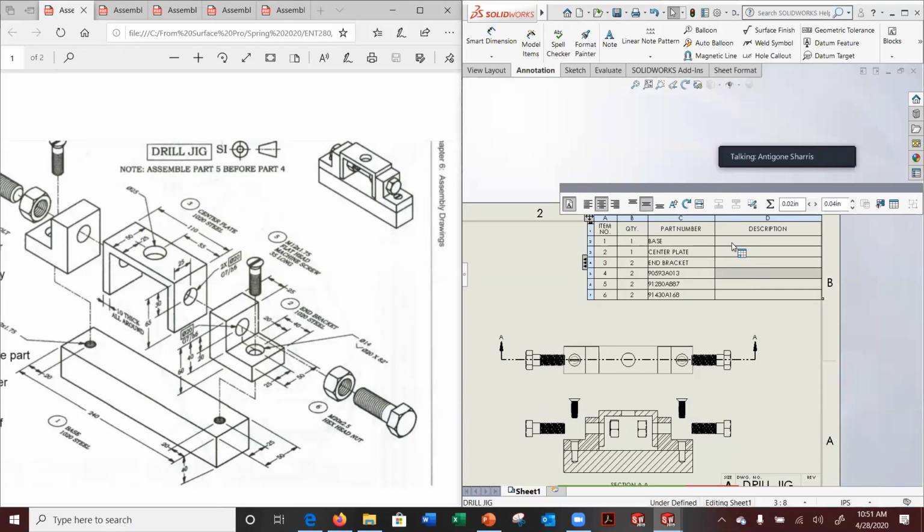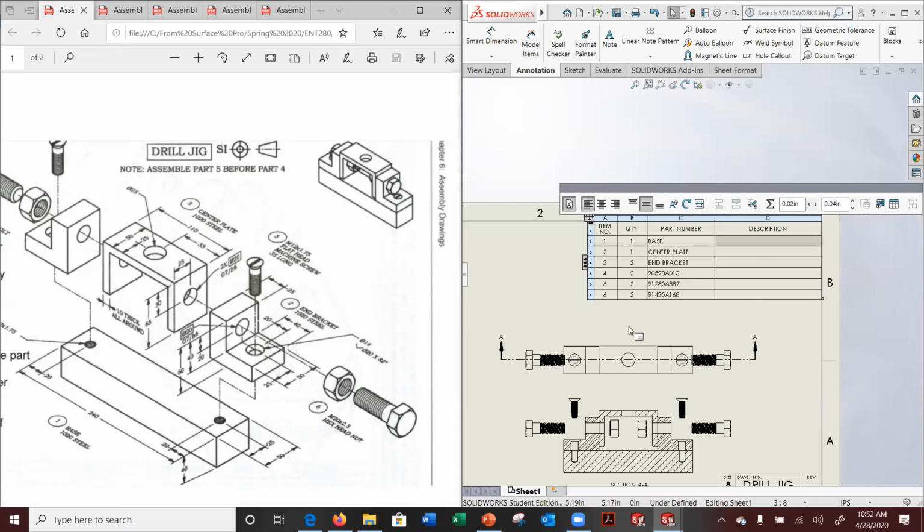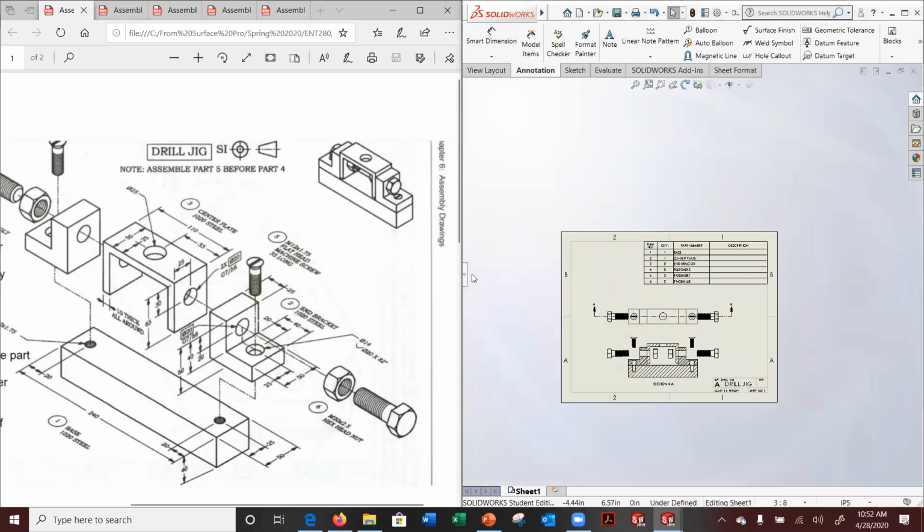So then you can go in here and basically fill that information into here. So your base can be, see how it says keep link or break link. It's linked to the property of an external model. Do you want to keep the link or break the link and override the value in the BOM? You'll notice what that's saying. That's what I wanted you to see. See that? You can go in here and manually tweak whatever you want, or